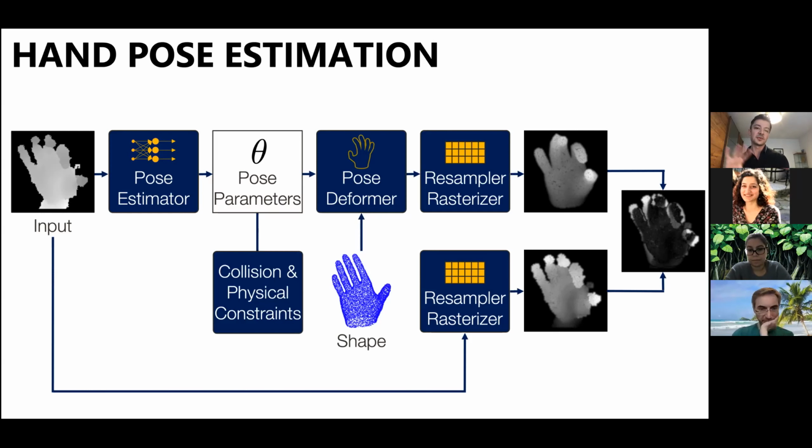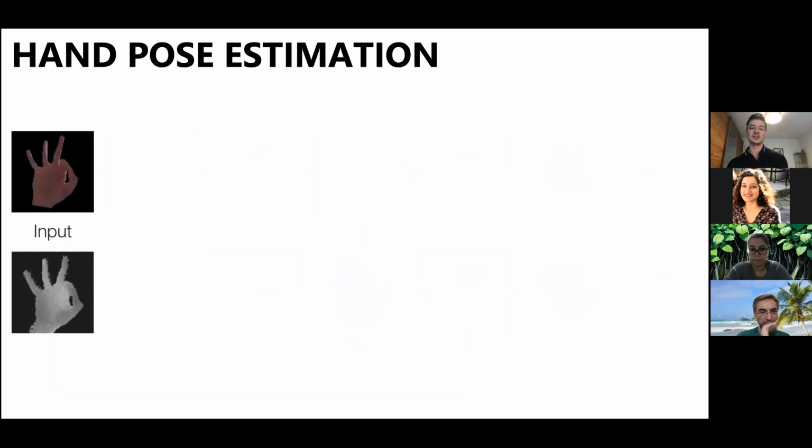Now this was from depth map, but you can imagine extending it to an input where at training time you get both the depth map and the corresponding color image, and at testing time you just have the color image. So you can easily extend this system. I just wanted to highlight basically that you can have different versions of the same system quite easily in this case, and in most of the cases for 3D capture.